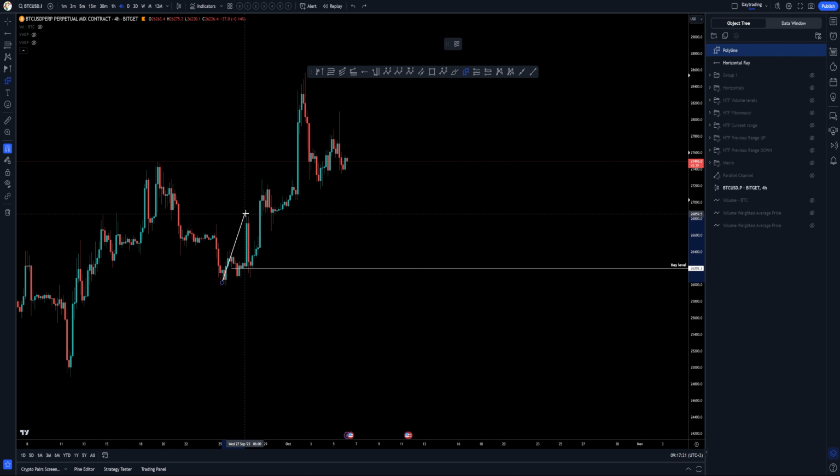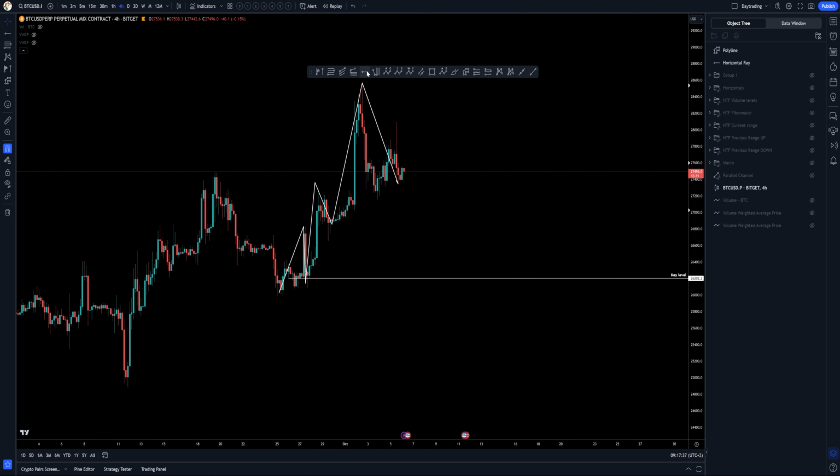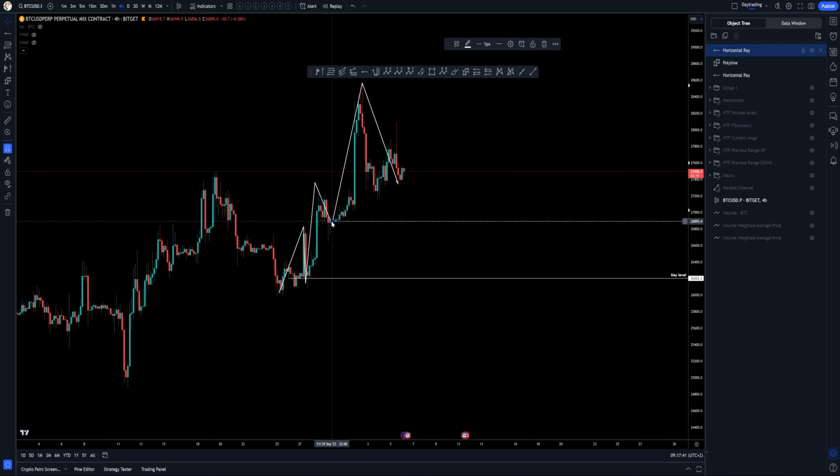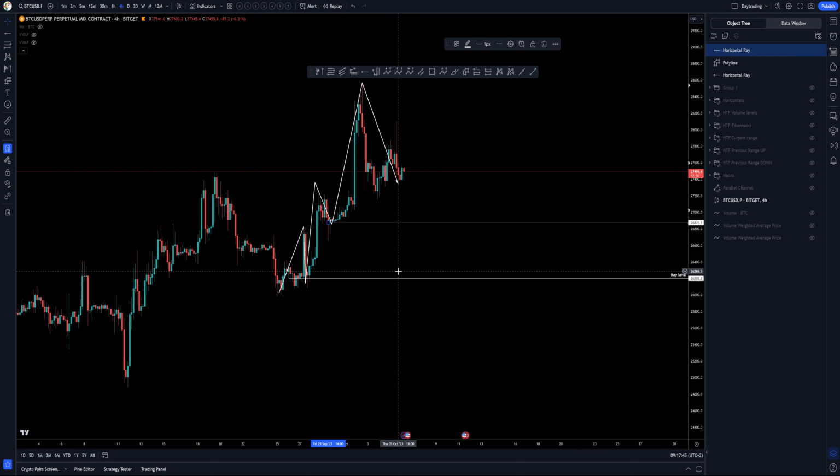So we are having here low, high, higher low, higher high, higher low, higher high, and from here on out, it's unclear because we don't know if the low is in, we don't know if the high is in, right? So this once again is a little bit undeciphered. However, it does provide us with extremely good information because on the 4-hour market structure, the trend is going to be over if we lose